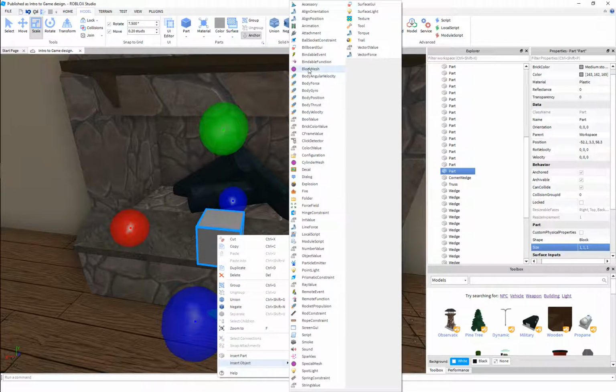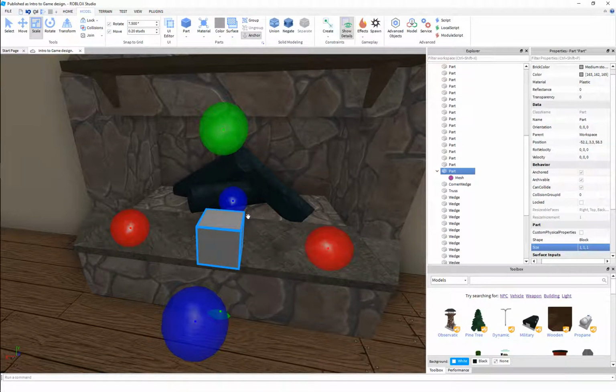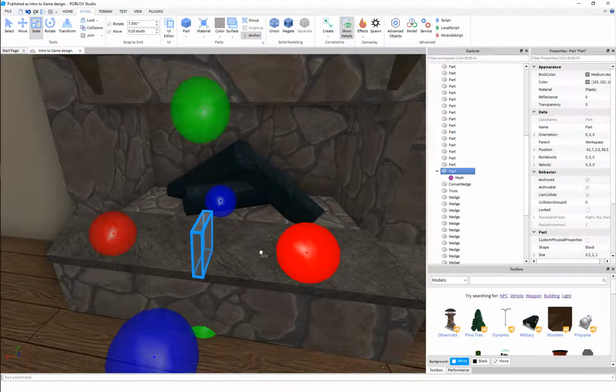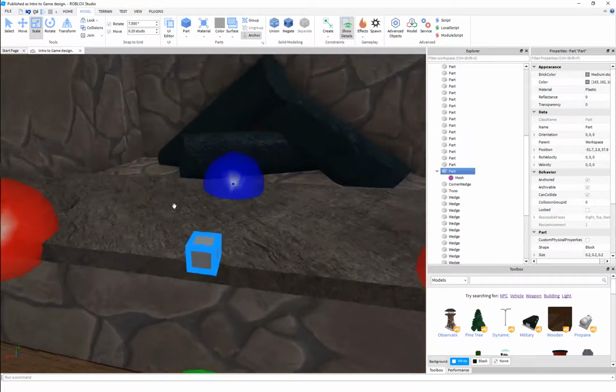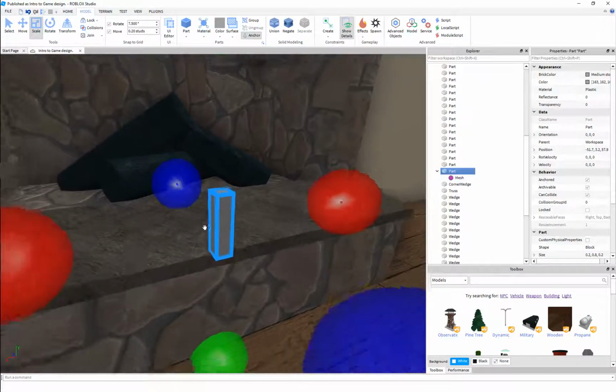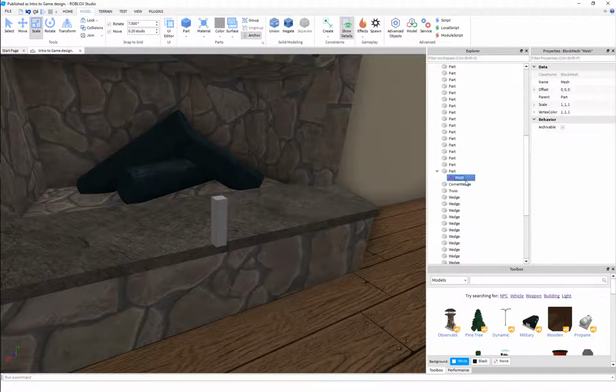So if you go insert, right click, insert object, you'll notice these. There's a cylinder mesh, there's a block mesh, and a special mesh. On the block mesh, simply this, but the big thing about these is you can change the scale. So if we had a part that's very small, or let's say it's tall but we want it to be very skinny, we can insert a block mesh and change the scale